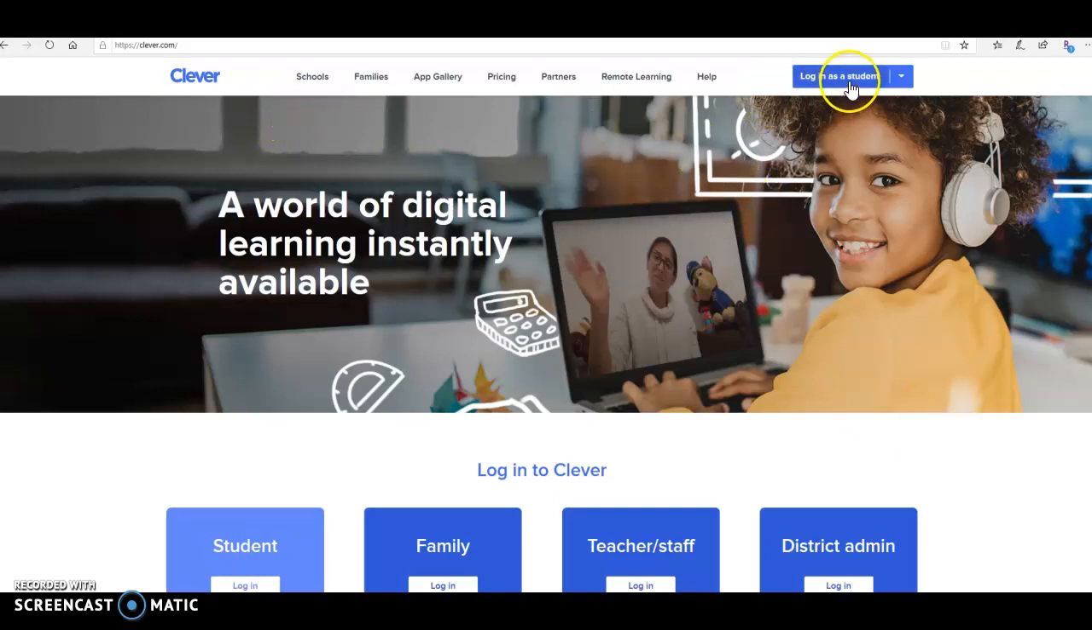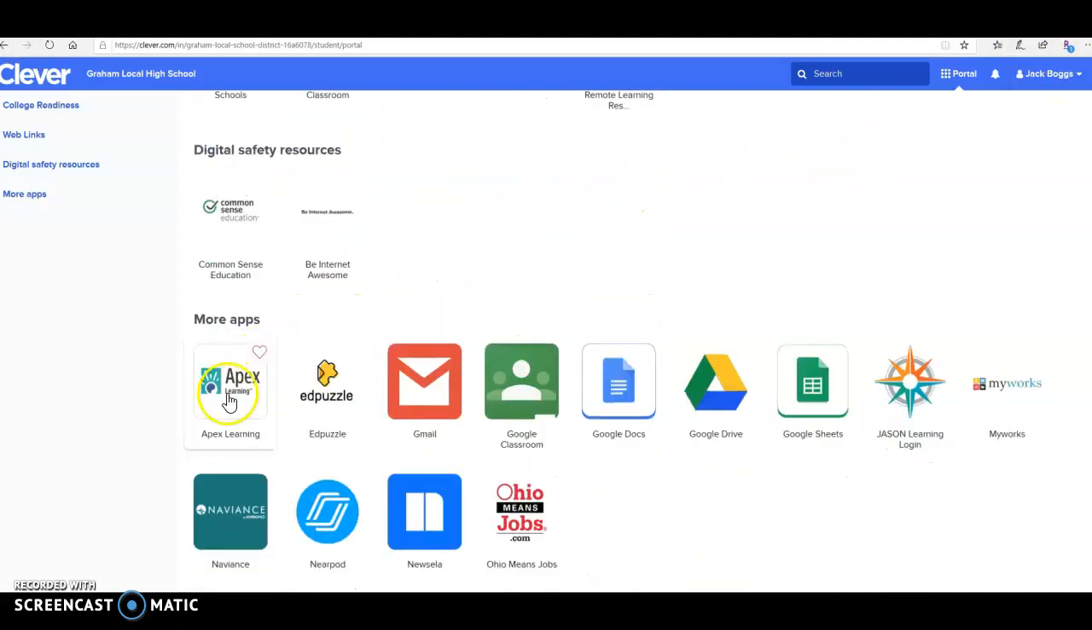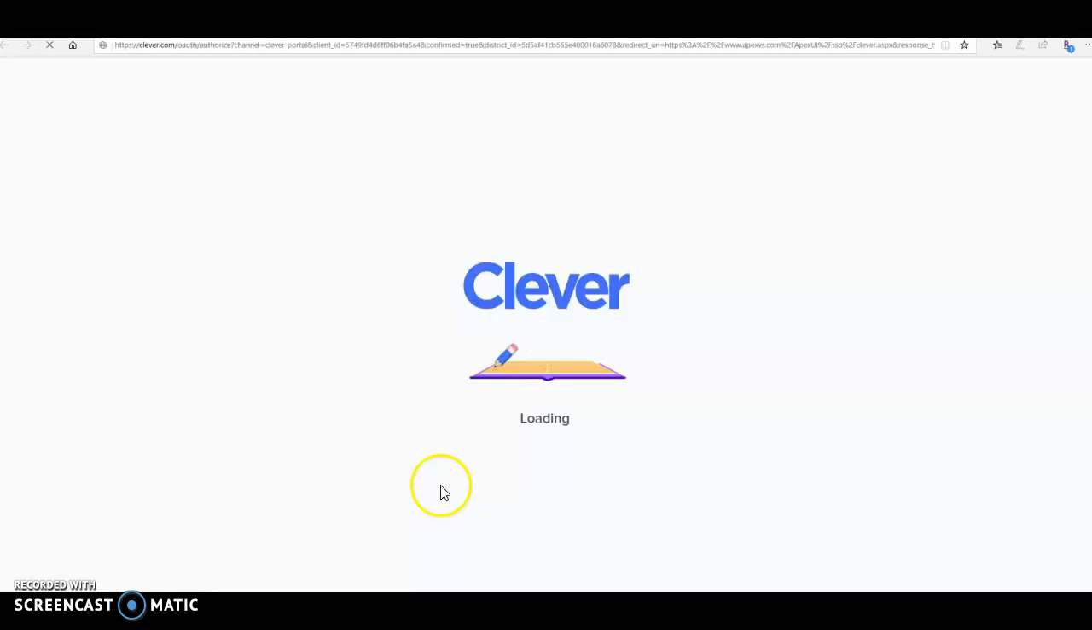Students will go to log in as a student. Once they log in as a student, it'll ask them to type in the school name, and then it'll ask them to log in with their Gmail account. Once they are onto their Clever dashboard, they will scroll down until they see the Apex Learning icon. They'll click on the Apex Learning icon, and it'll bring up